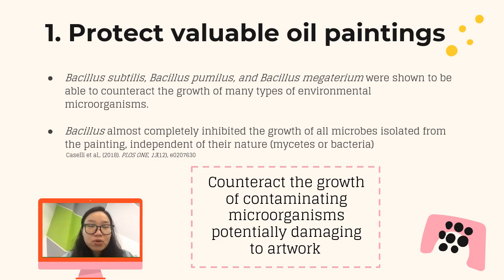Some research shows that Bacillus subtilis, Bacillus pumilus, and Bacillus megatherium will prevent the degradations of oil painting by forbidding other organisms to eat the pigments of valuable historical oil painting, which is positive for humans. So the three types of Bacillus were previously shown that they could counteract the growth of many other types of